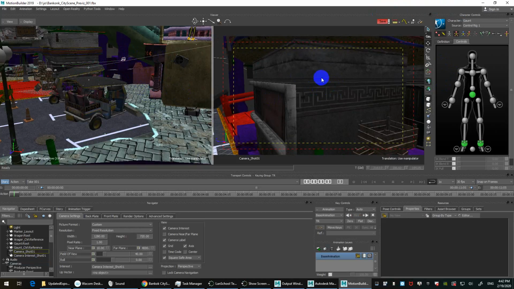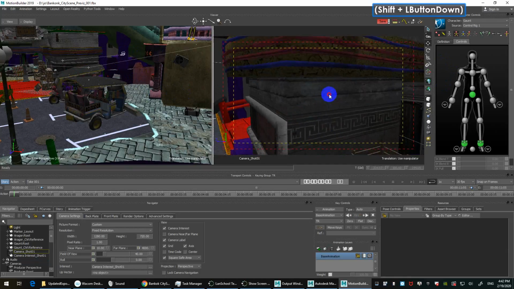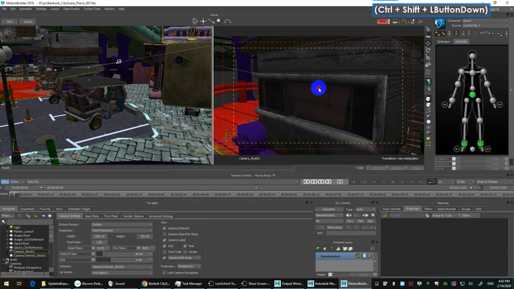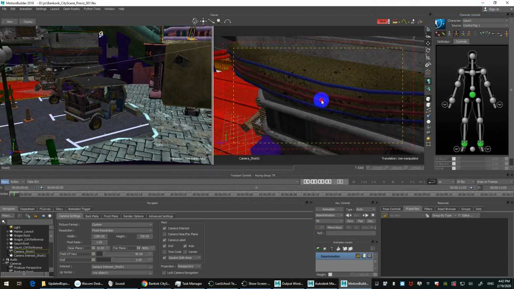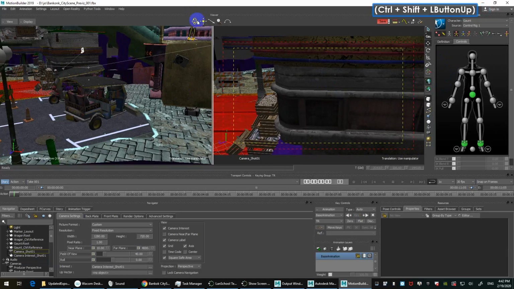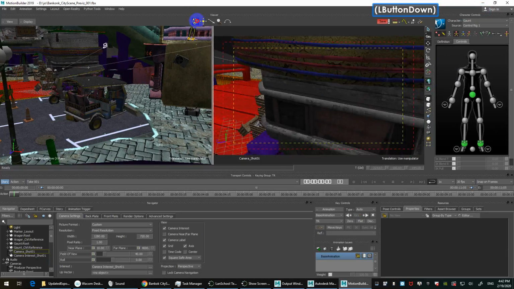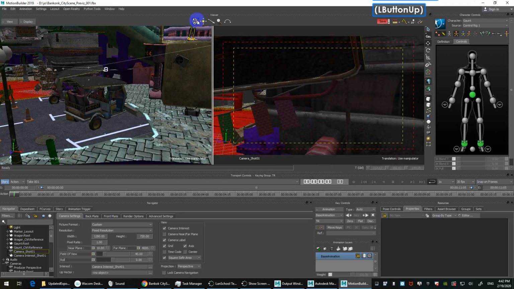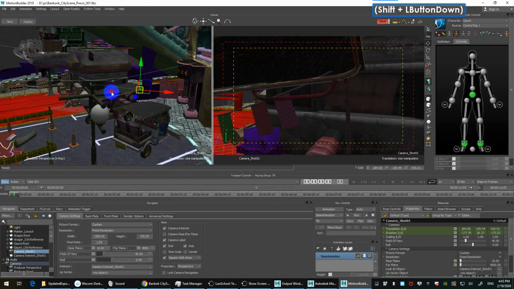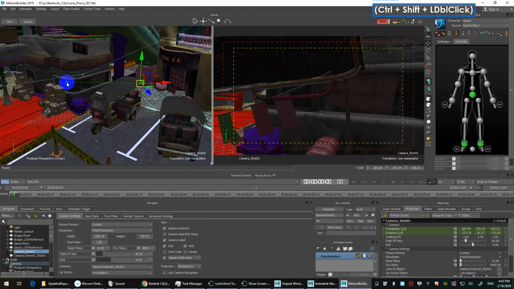So let's say I don't have anything selected, but I'm in the camera view. See, it's moving both. Rotation, which is this, is rotating around the target. So you have two ways. I like to use the viewport, the perspective, just because